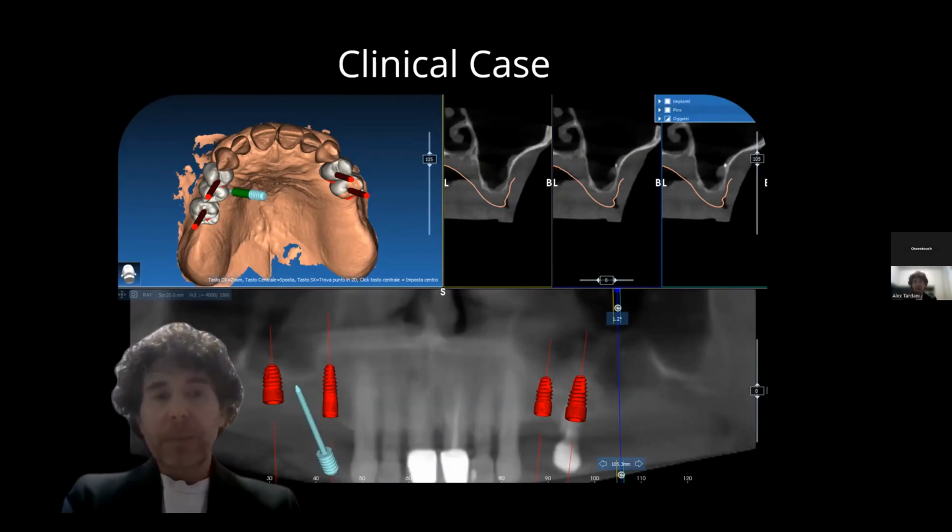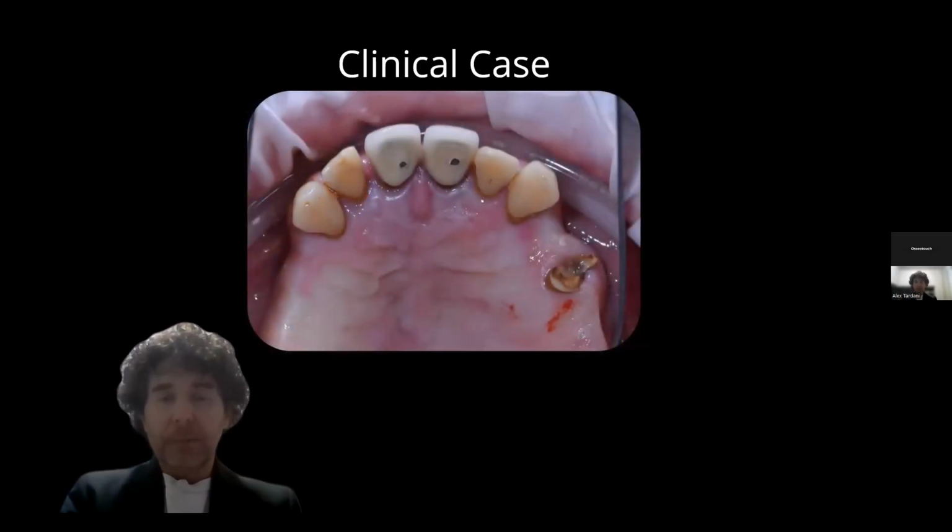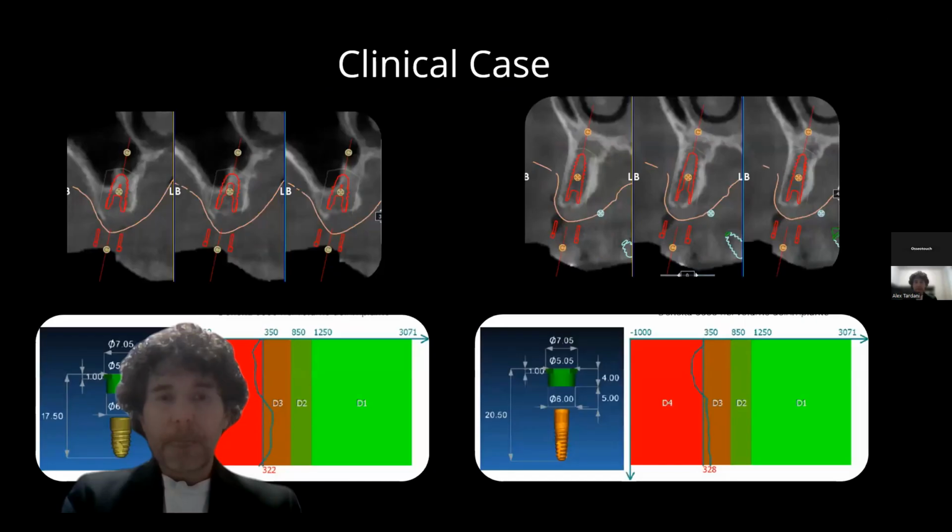To place 1 pin on the right side and 1 on the left. In this case as well, we perform a thorough evaluation before starting, and we assess in a prosthetically driven way the placement of our implants. So we try to position the implants relative to the final dentition we'd like to give to our patient. And from there, we see if we can place them in the optimal position and what the needs we have